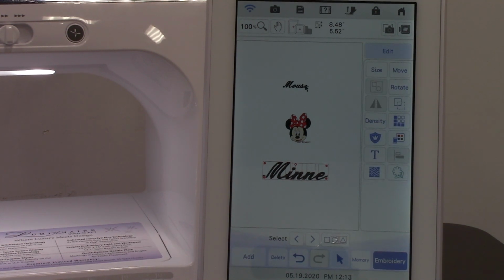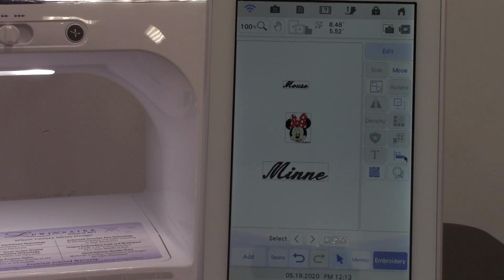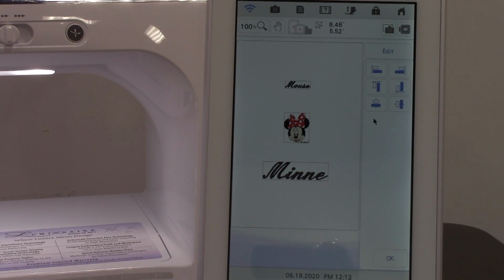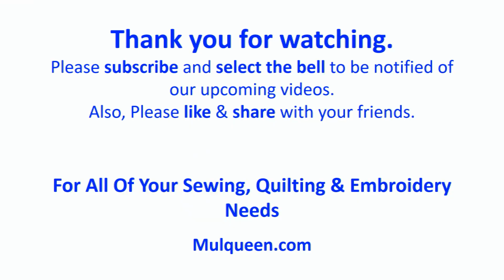Then again, we can select both parts of the lettering and use our alignment to make it completely aligned with Mini. So I'm going to come to select all this time, okay, and then my alignment tool, and line them all up straight, and say okay. For this